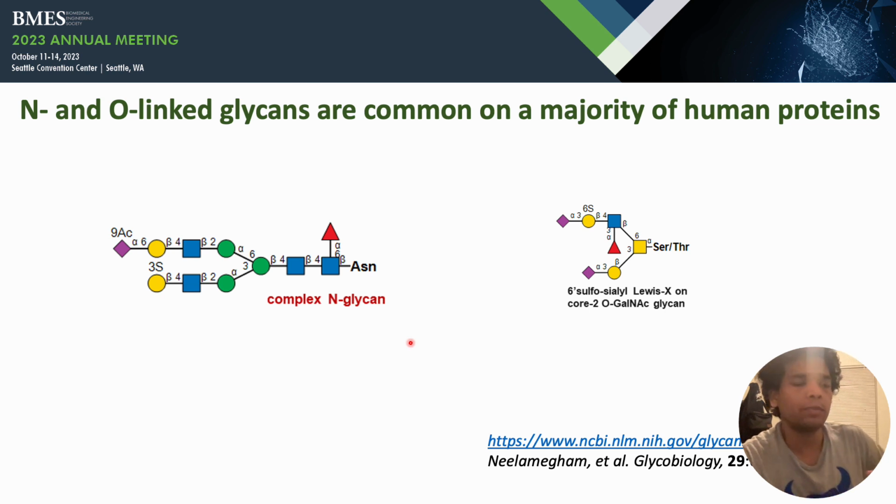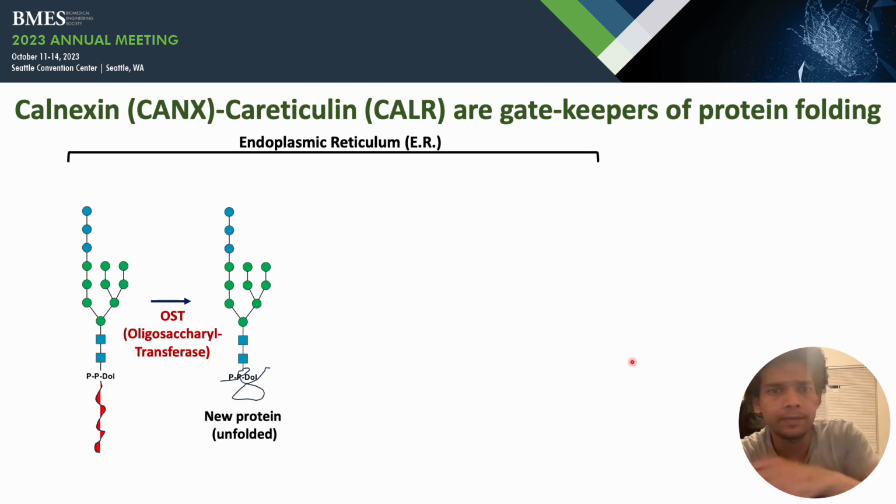There are two major kinds of glycosylation observed within mammalian cells. The first one is N-glycosylation, which usually starts in the endoplasmic reticulum. The other one is O-glycosylation, which usually starts in the Golgi. Since the focus of this study is N-glycosylation, we will look at how N-glycosylation proceeds within the endoplasmic